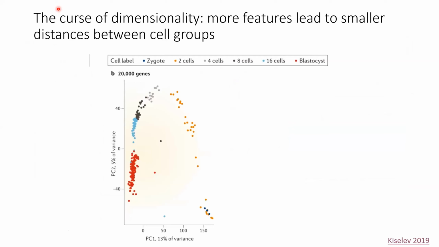Okay. So returning to this question returns us to the curse of dimensionality. In this experiment, authors sequenced a developing embryo in the zygote, 2-cell, 4-cell, 8-cell, 16-cell, and blastocyst stage. Here, each cell is projected onto the first two principal components and colored according to the true developmental stage that the cell was in. So when the full set of 20,000 genes was used as the basis for principal component